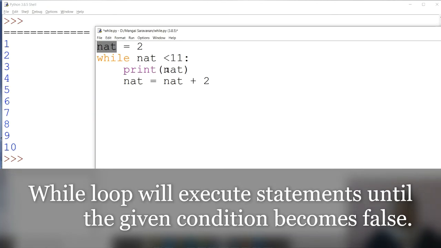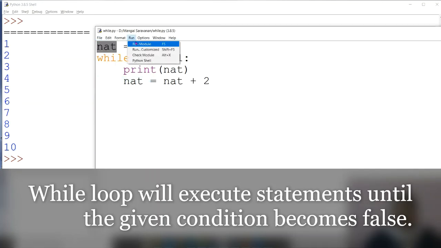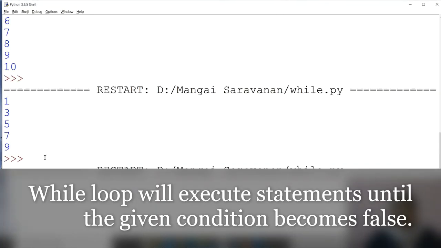First time it will display 2. Then 2 is equal to 2 plus 2, 4. Then 4 is less than 11, so print 4. Then 4 is equal to 4 plus 2. Likewise, it will execute. If you want, we can save and see the answer. Run module. See, 2, 4, 6, 8, 10.